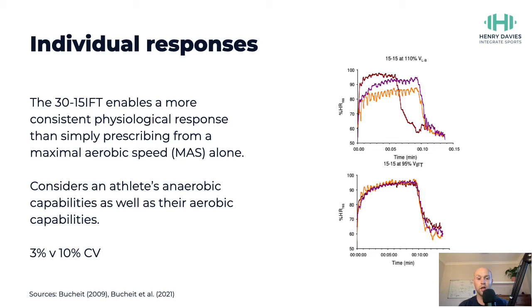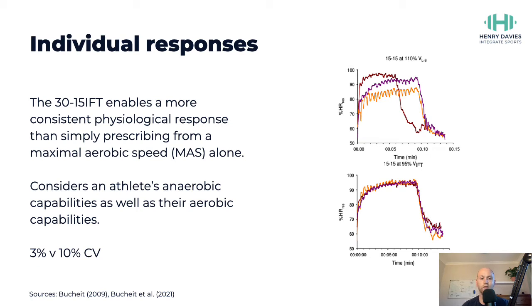And you can see there that if you're only using maximum aerobic speed, the heart rate responses across those different intervals are actually quite broadly different. It's actually a 10% coefficient of variation, which means, as you can see quite clearly on the graph there, quite a bit of a spread in terms of their heart rate responses. Whereas using a 30-15 prescription, because it accounts for anaerobic capabilities as well, there's actually only a 3% coefficient of variation,